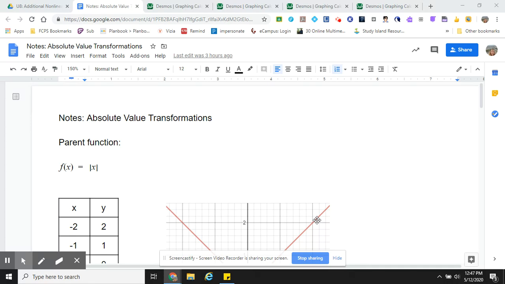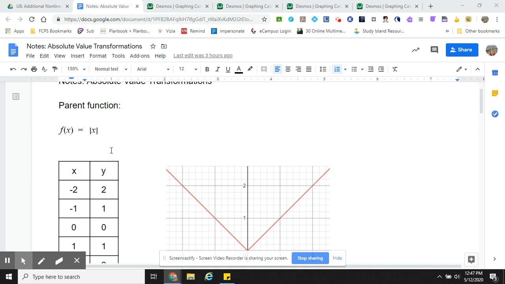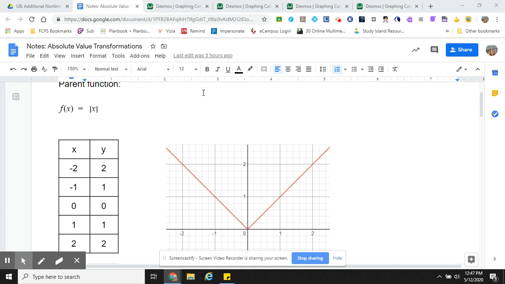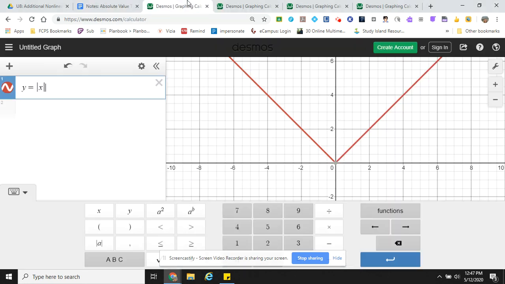Except now we're going to have a new function, the absolute value function. Now, we've done parent functions before. You did them in Algebra 1A. So this particular parent function is the absolute value of x. And so this is what the graph looks like. And remember, absolute value is always positive. So no matter what I put in for x, the y value is always going to be positive for the absolute value. And if you don't believe me, here's my Desmos calculator